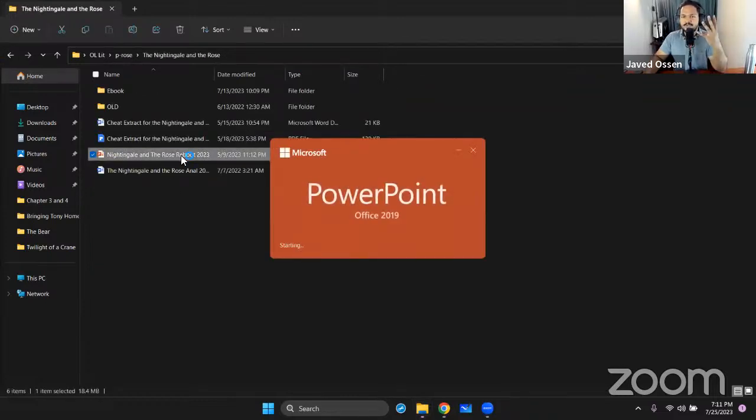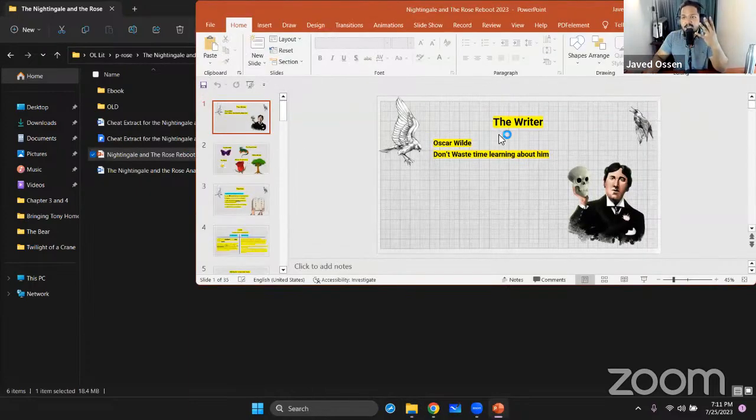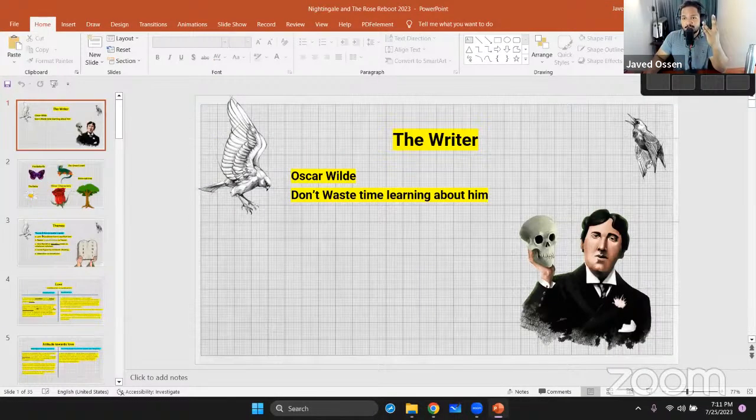How many prose are in your syllabus, Nangi? There are 4 prose in your syllabus. And out of these 4 prose, 2 fall under short non-fiction and 2 fall under short fiction. What does the Nightingale fall under? The Nightingale falls under short non-fiction. Short fiction is what the Nightingale and the Rose falls under.